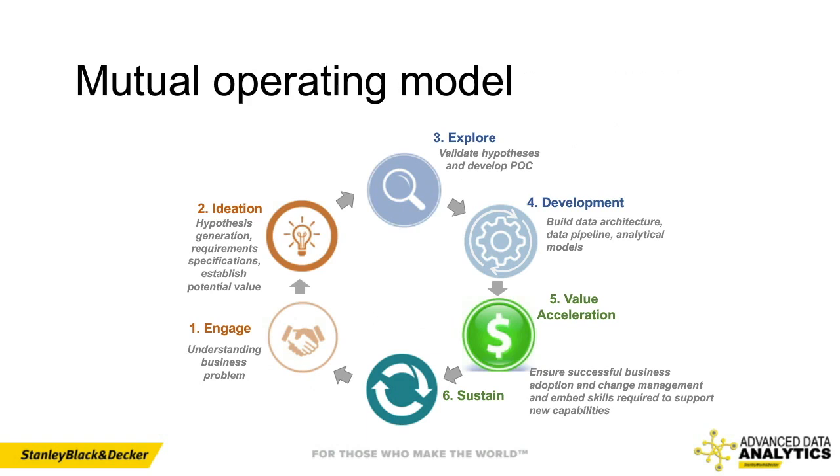So now, what does the mutual operating model look like? We have a very focused operating model where we engage the business and then do the ideation. So as we build through this process, all the hypotheses that were generated led to the analysis of the features, the different demand patterns, and the picking of the right accuracy metrics. In the first 3 phases of development, we scaled out all the elements of design that led to building a full end-to-end pipeline in a CI/CD framework on AWS. And that's partly one of the reasons we chose it, for future scalability